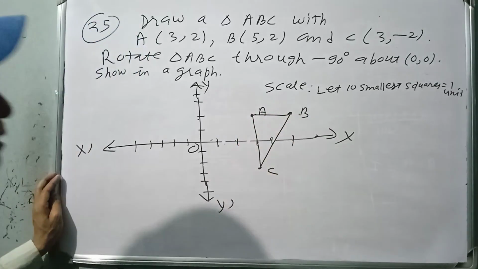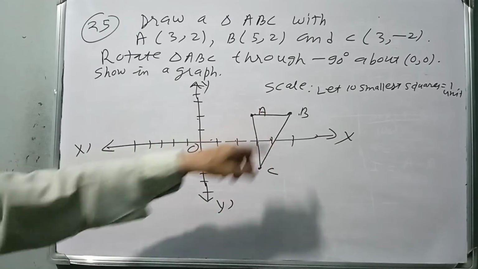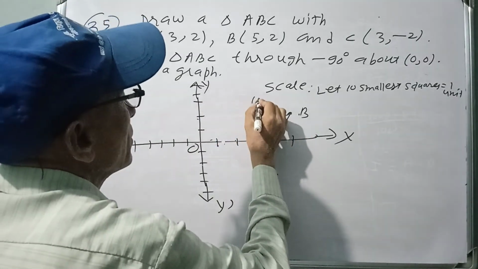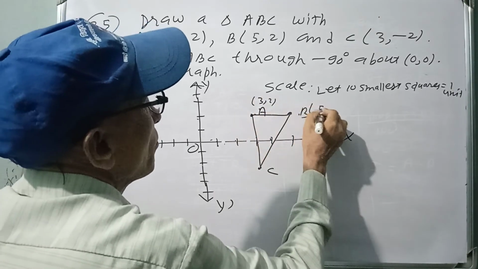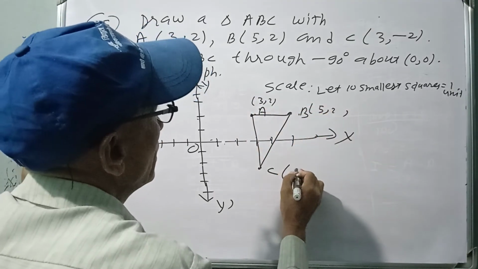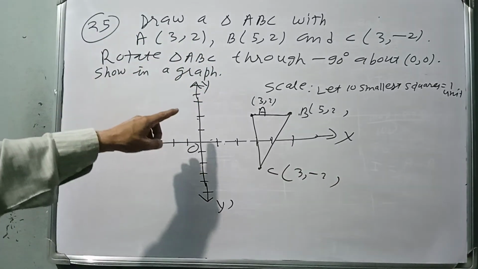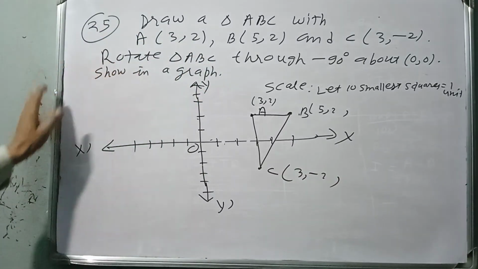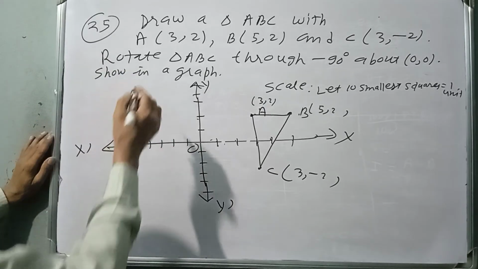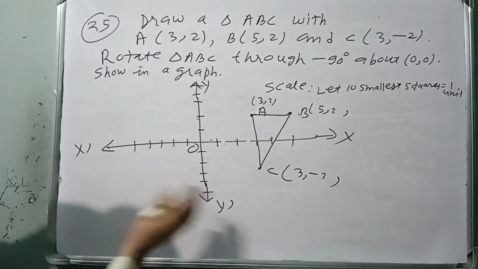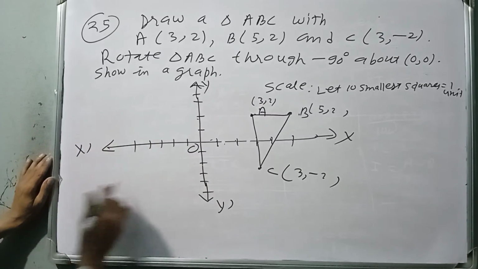A B C, this is the object as given. यहाँ यसरी नलेख्ने A B C. Here it is 3 2, it is 5 2 and C 3 minus 2 as in the graph. यसको रोटेट कसरी गर्ने? रोटेटको लागि योभन्दा अगाडि हामीले यसो लेख्छौँ. पहिला यो गरेर योभन्दा अगाडि यसलाई के गर्न सकिन्छ? We know